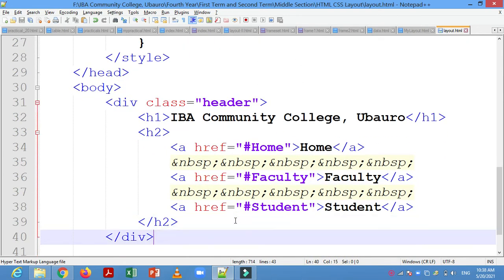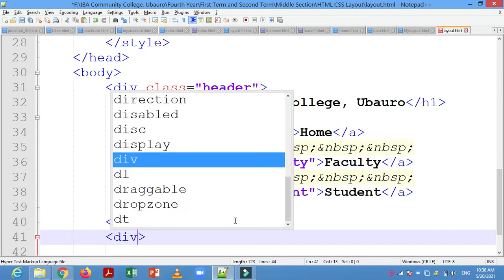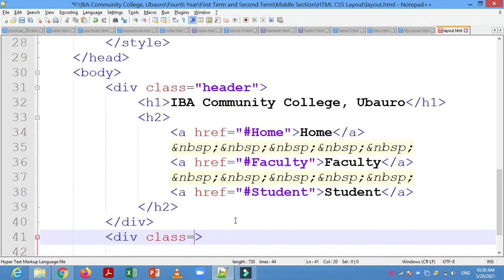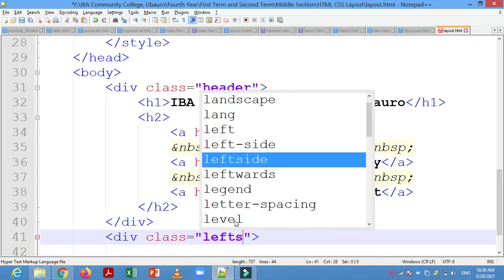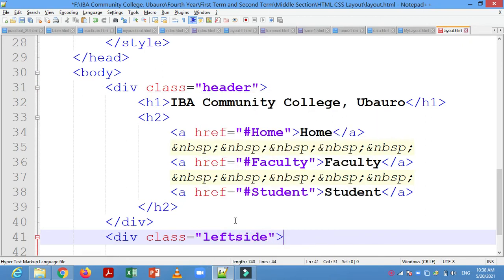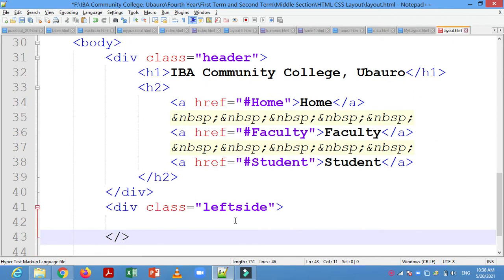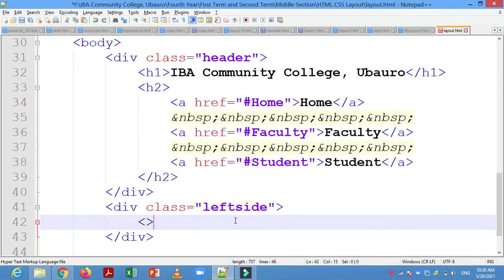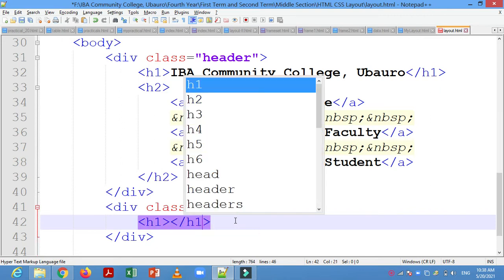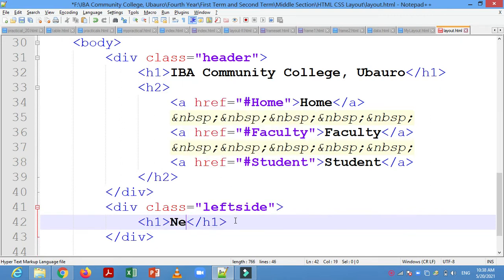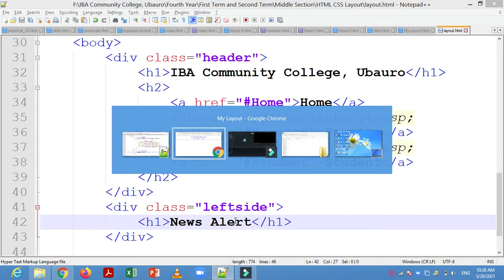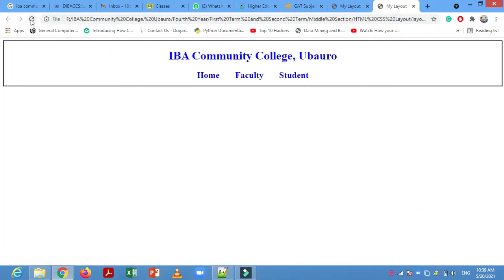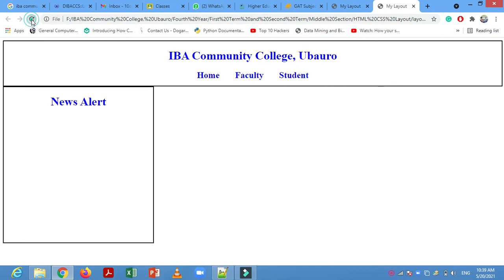Here you have to write down div, same method, div class is equal to left side, close, okay, div close, and just you have to write down h1, okay, news alert. Just save it, and here you have to press F5 or you have to reload it.